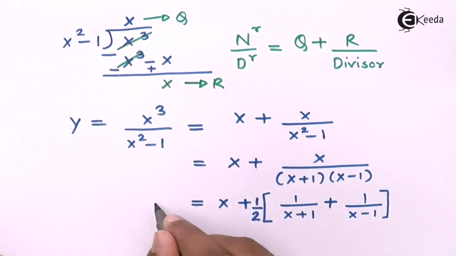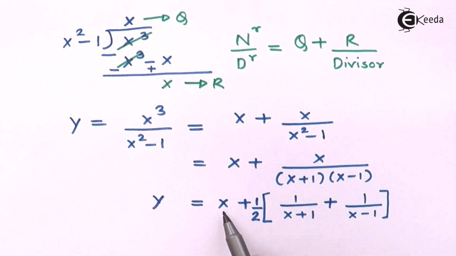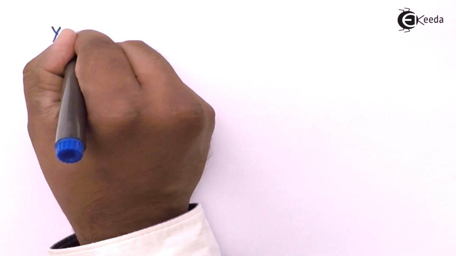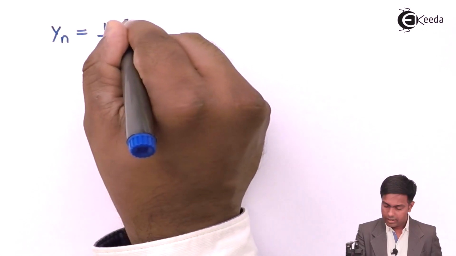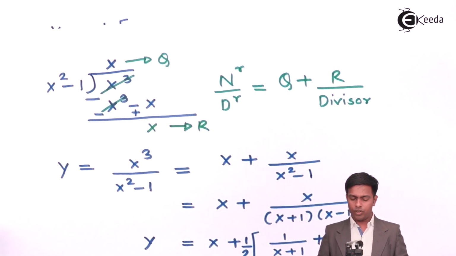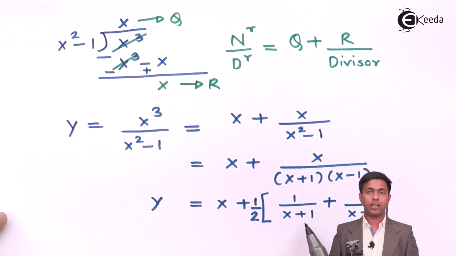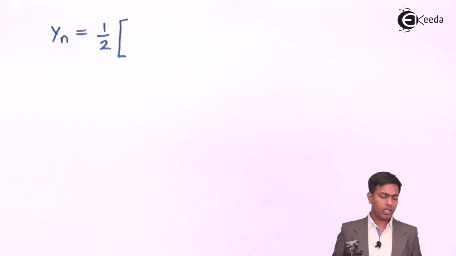Next, this is the value of y. So we can find out the nth derivative. So nth derivative of x is 0, we'll ignore it, half will remain as it is. So here I'll say therefore nth derivative yn is half. In bracket, the first term is 1 upon x plus 1 and the second one is 1 upon x minus 1. So guys,